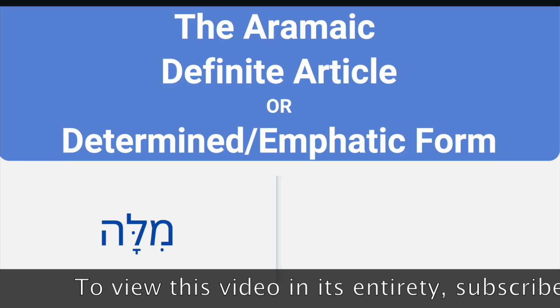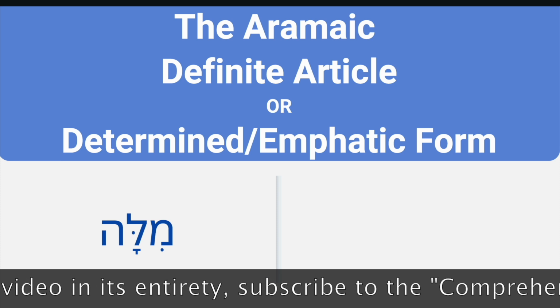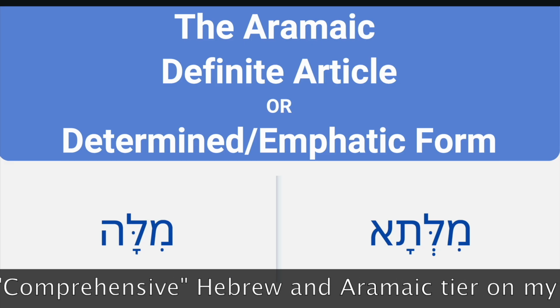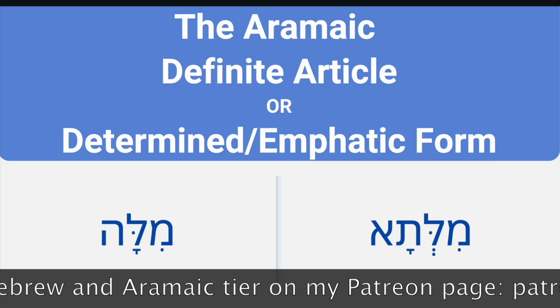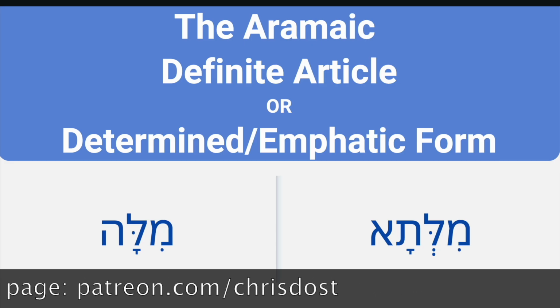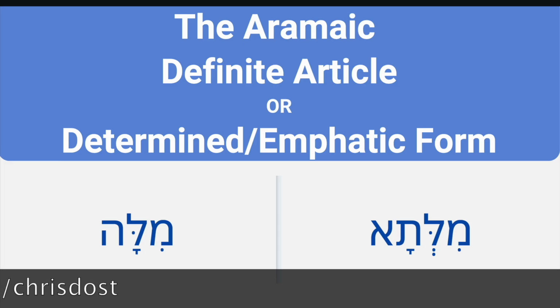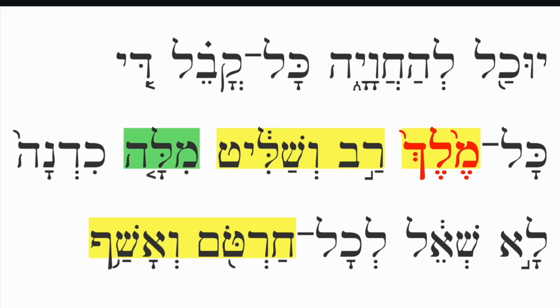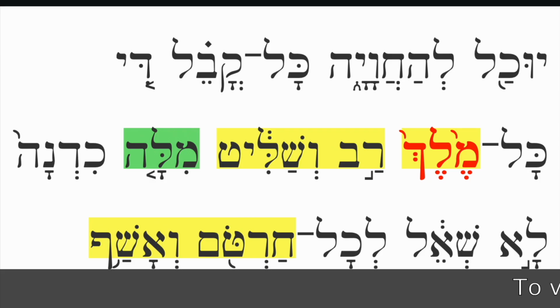So what happens when we put it into the determined form, if we take milah and make it feminine singular determined? Well, we see the kamatz aleph suffix. It could conceivably be a kamatz he, but we have kamatz aleph here. But that original kamatz he suffix in the absolute form has now become shwa tav. So milah in the absolute form, word or a word, has become milta, which more often than not would be translated the word.